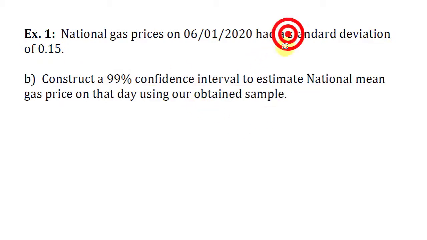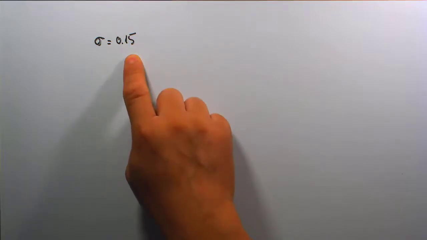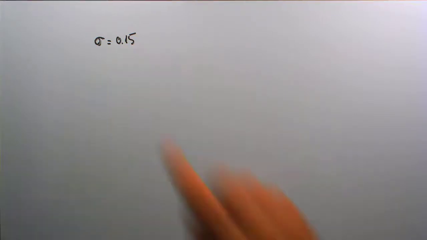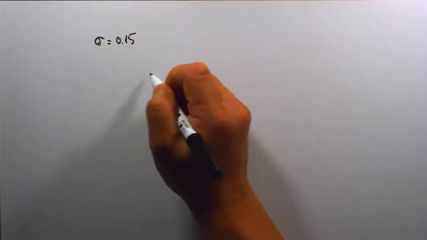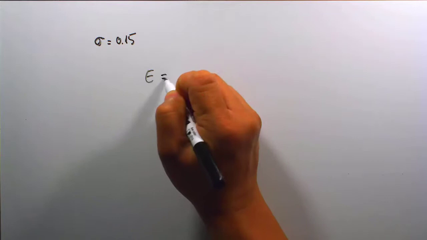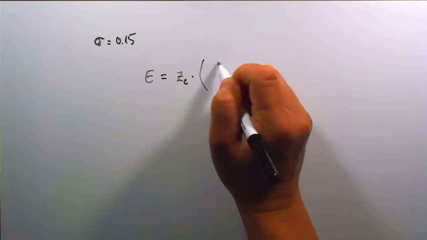In our question B that we've done previously, we also used that sigma, that standard deviation value being 0.15. And in our question A, we also had the exact same piece of information given from our beginning description of the problem. So once again, my point is we had a permanent sigma value that doesn't matter which question we were working with, we were using the exact same sigma value. And that's what allowed our formula to calculate margin of error to be z sub c multiplied with sigma divided